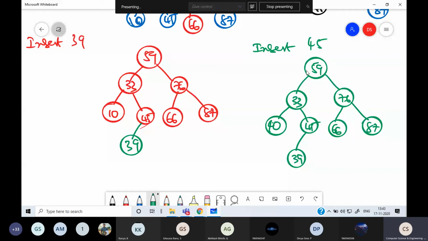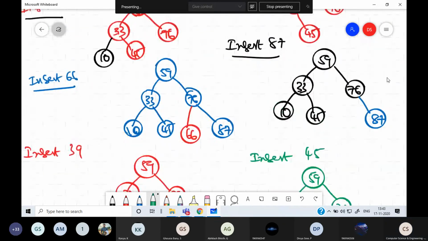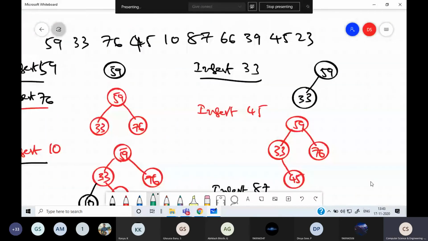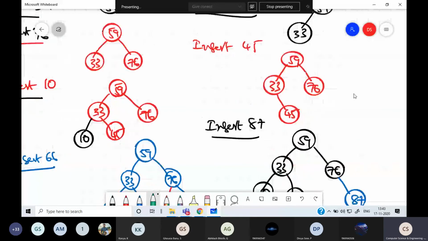So next 45, less than 59, go towards left. 45 is greater than 33. Again, 45 we are getting 2 times, it does not matter.